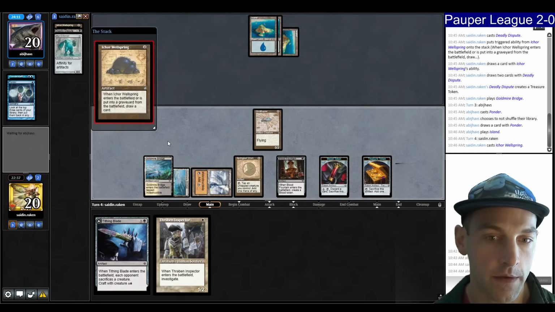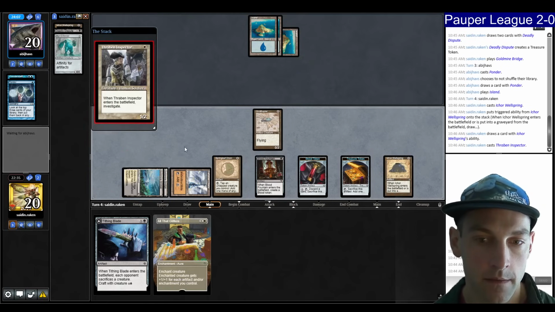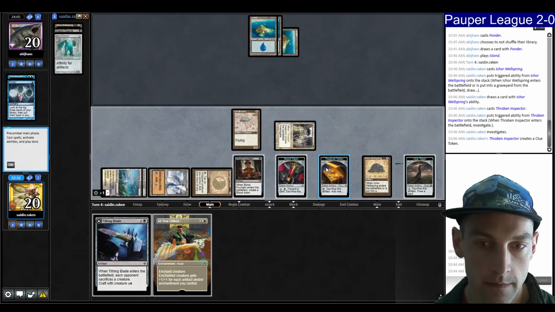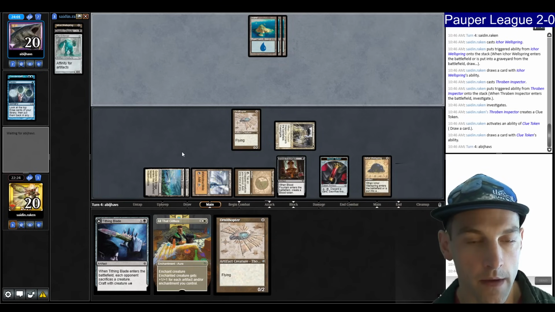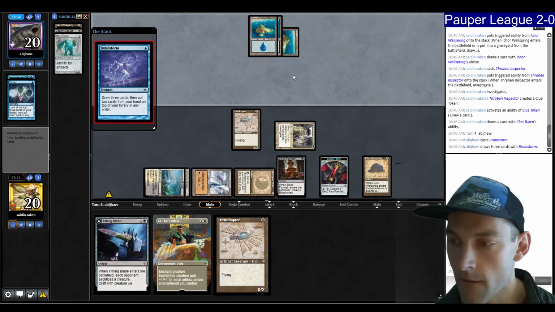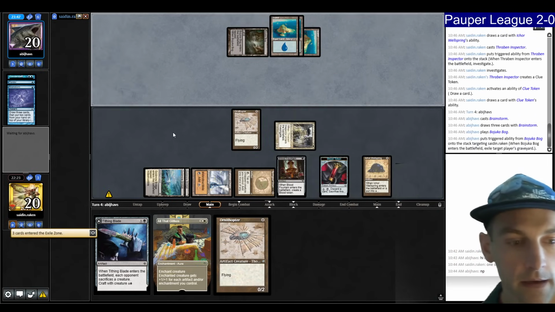Let's play Ichor Wellspring. Draw a card. Play Thraben Inspector. Make a clue. Let's draw a card off the clue. Ornithopter. I mean, pass. I still don't know what they're doing. They play Brainstorm. I mean, they're obviously playing Lorien Revealed in a blue deck at this point. Bojuka Bog. So it looks to be either Fae or the